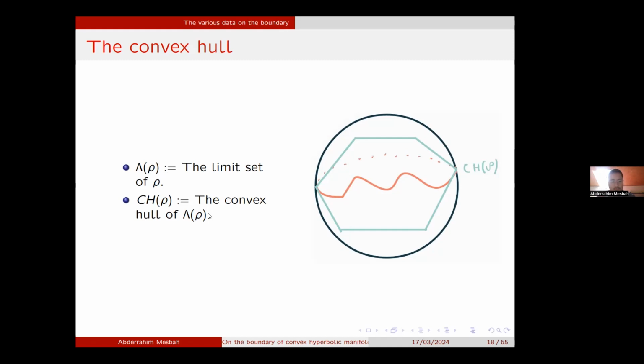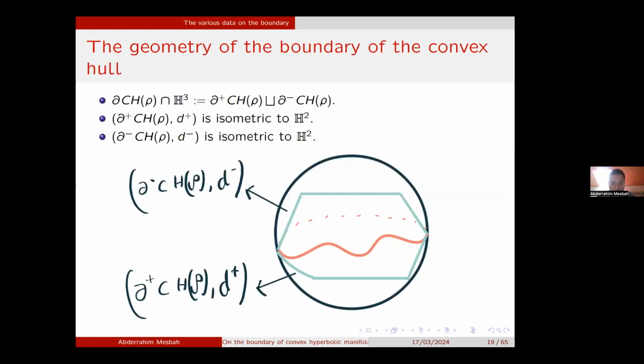A quasi-Fuchsian representation has a Jordan curve as limit set, and this allows us to know that the convex hull of the limit set is homeomorphic to a ball, and its boundary inside H3, so we take the boundary minus the Jordan curve, we don't take the ideal boundary,